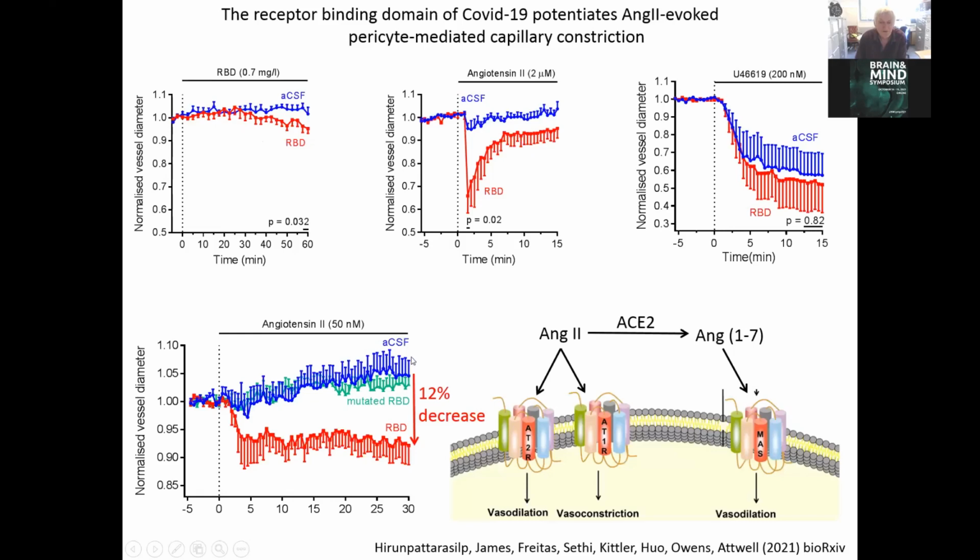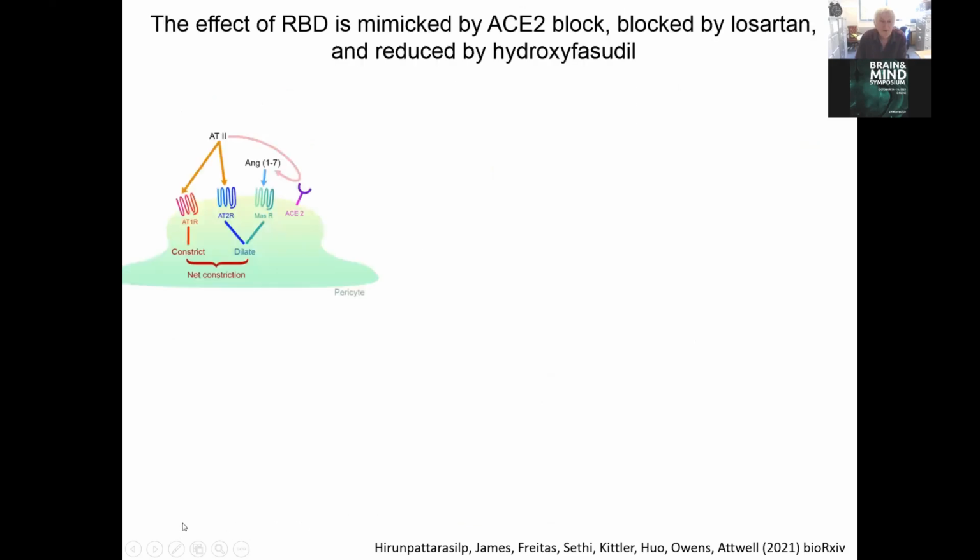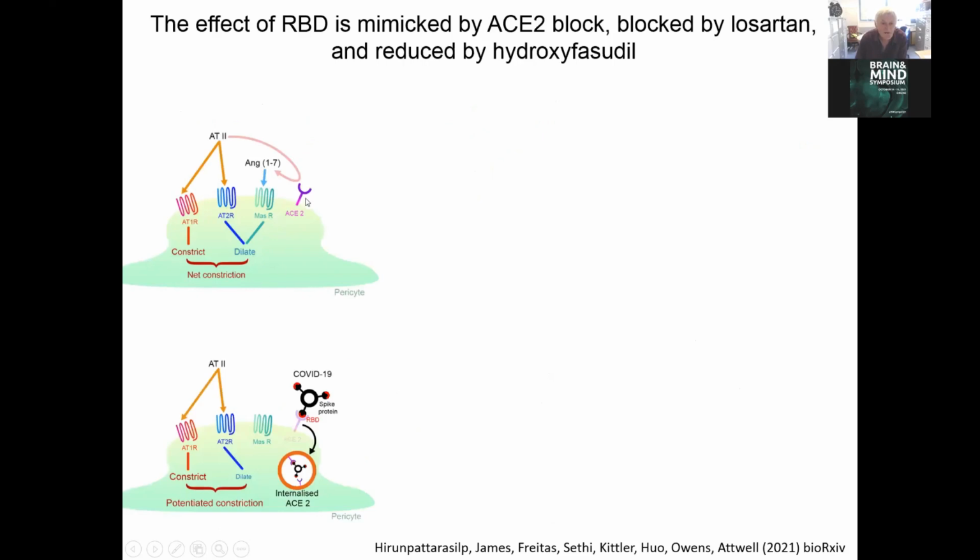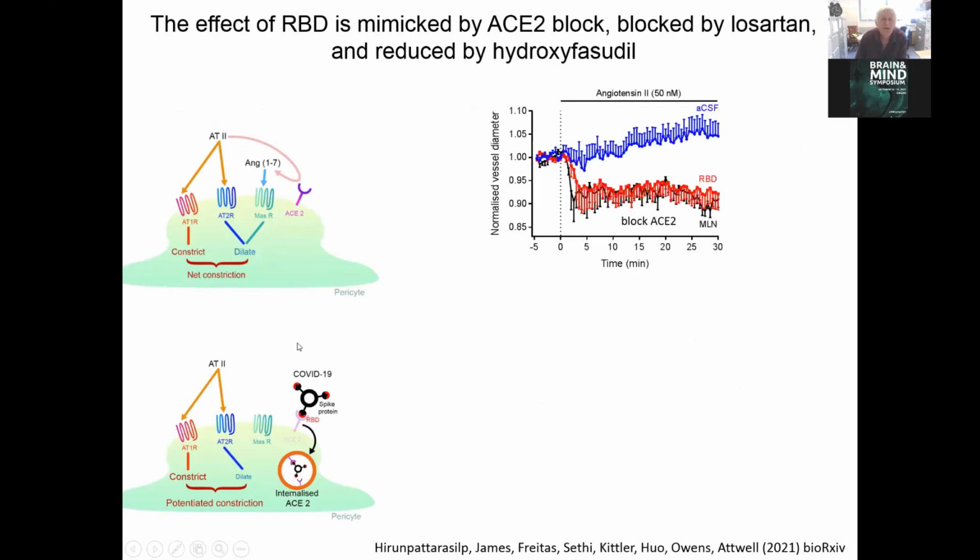And this gives you a 12% reduction of the constriction. So normally angiotensin 2 acts on angiotensin 1 receptors to constrict, but it also generates angiotensin 1-7, which opposes that constriction. When you have ACE2 bound to COVID-19, that removes the ACE2, and now you don't have activation of MAS. So you might predict that if you block ACE2, that should have the same effect, and